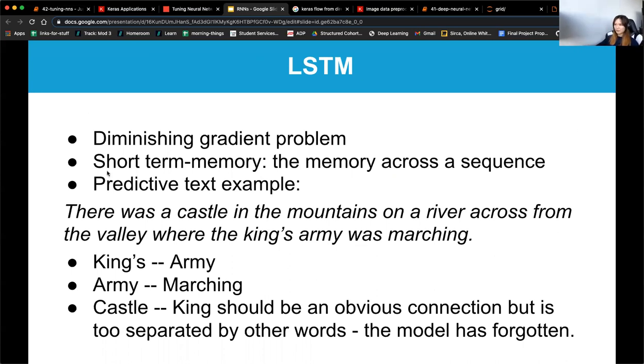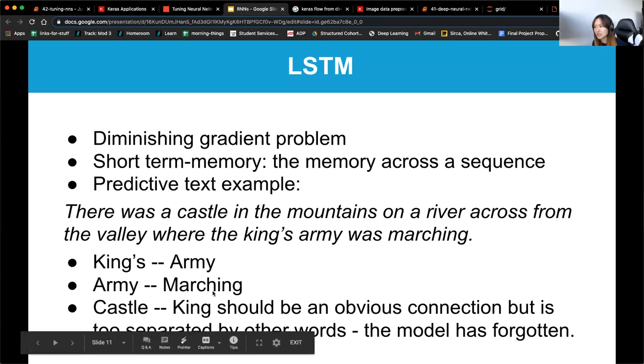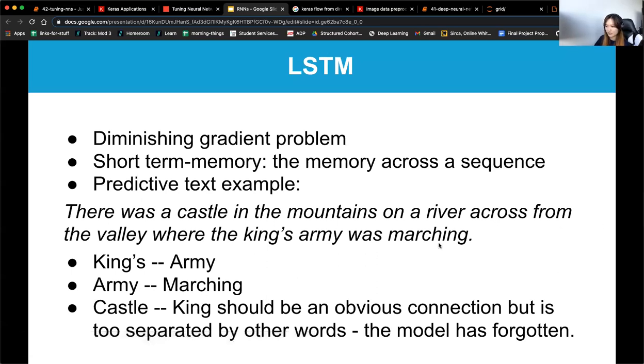As a really quick example, in predictive text: there was a castle in the mountains on a river across from the valley where the king's army was marching. Some things are very obvious. King is obviously related to army. Army is obviously related to marching, just based on the words being close together. One thing that is less obvious is the connection between the word castle and the word king. The word king and castle should be an obvious connection, but